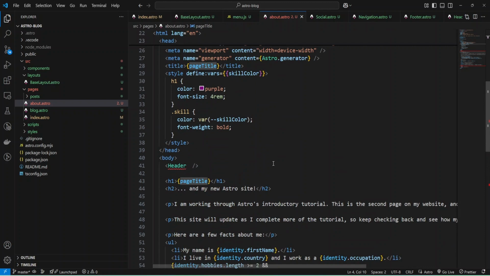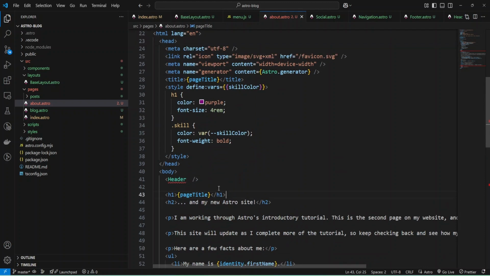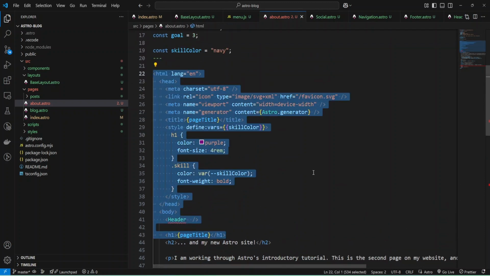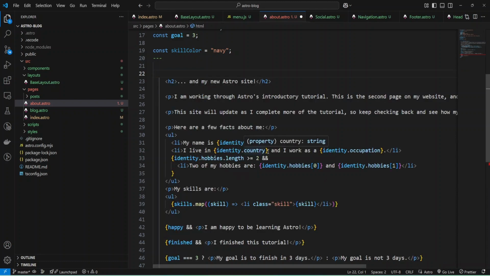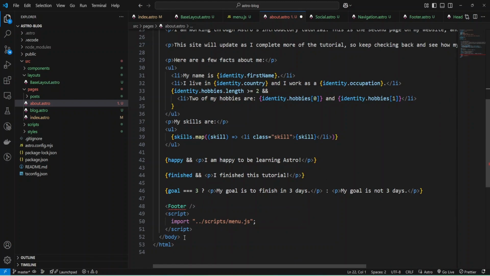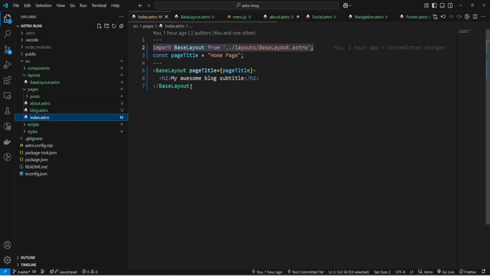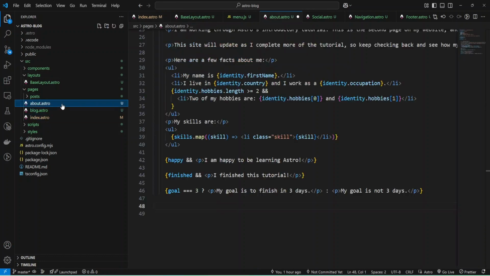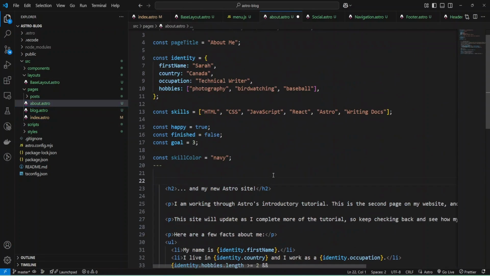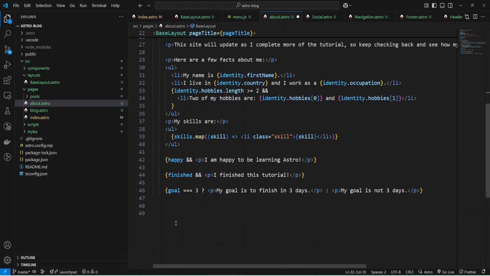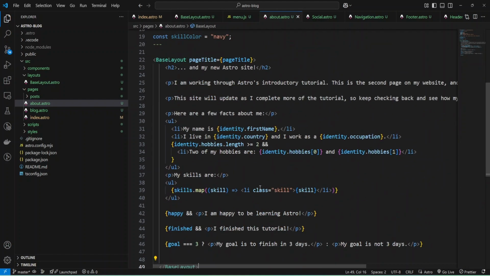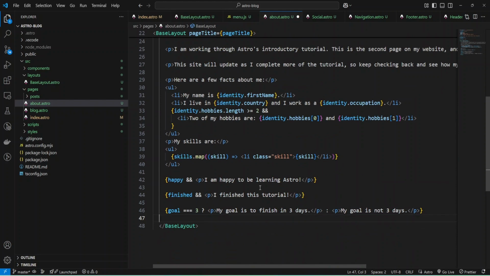Okay, we can remove this code because we have it in the base layout, and also we have the footer. So let's check. And now we need to add base layout and provide the page title. Okay, I'm going to add it here, and close. Let's check what we have.